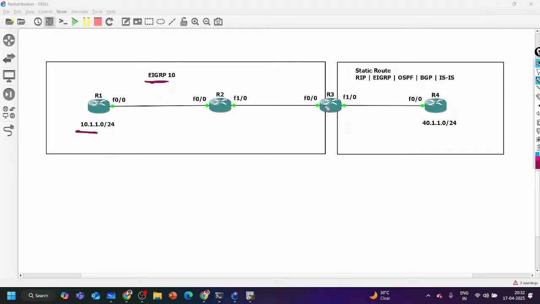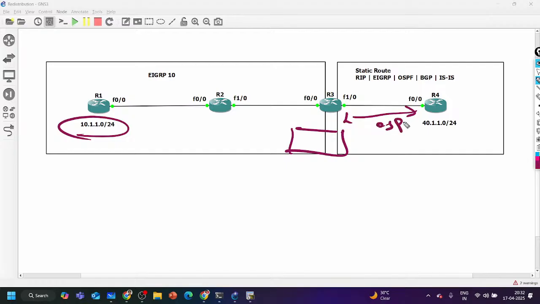And let's say router 3 has received the 10 prefix in the topology table, and here it has an OSPF neighbor. So R3 should advertise these prefixes to the OSPF neighbor also, no? Why will it not advertise? Router 3 has some routes in its topology table, routing table. R3 has this network in its routing table, right? The prefixes are there, and here it has OSPF neighborship also. So why is it not advertising these prefixes to OSPF?